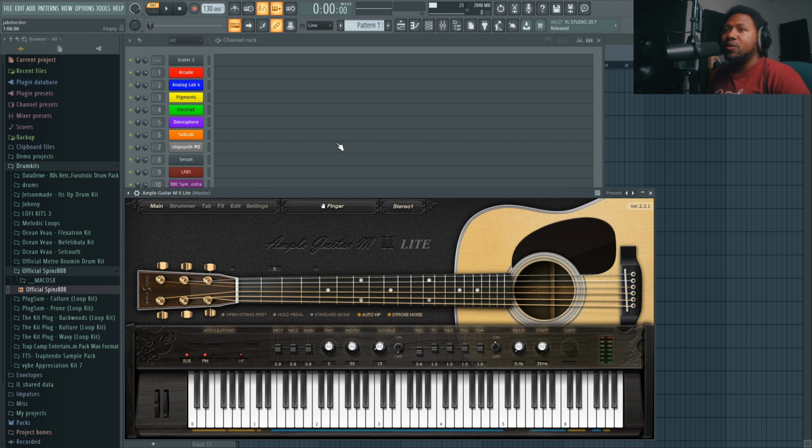Let's jump right into FL Studio and make these dope guitar melodies. Let's do it. So here we are inside of FL Studio as always. So first, what I need you guys to do is go ahead and search this out and download this plugin